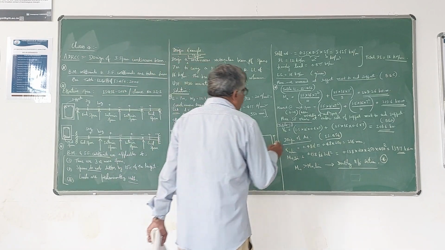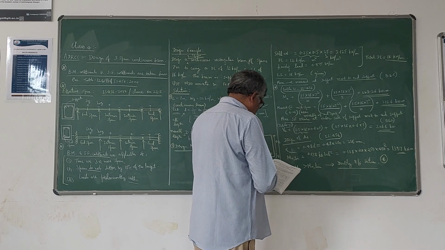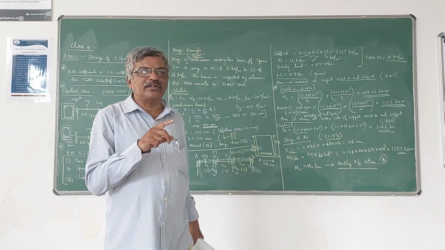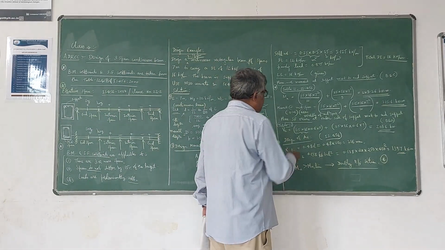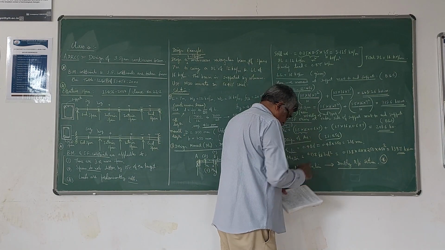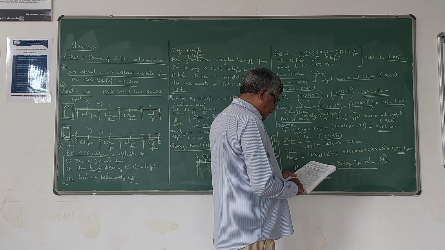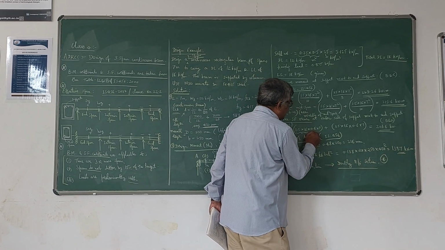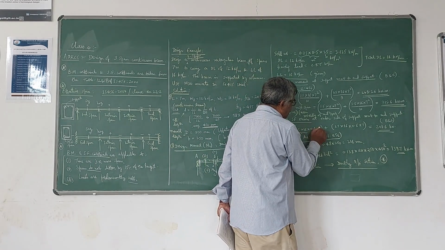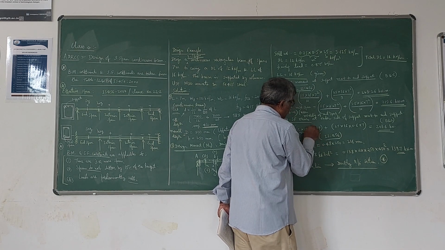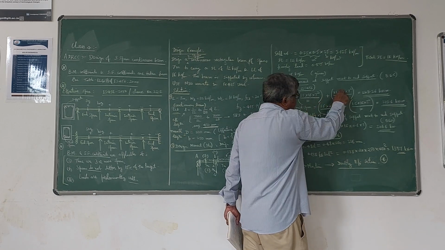So according to that, this is the factored load 1.5 into 16. You can see in table 13, once again there are two load combinations. One is dead load and imposed load fixed, and the second one is imposed load not fixed. This is for dead load and imposed load fixed. The coefficient at the support next to the end support, outer edge, is 0.6. So you can read from the table: 0.6 is the coefficient, into W, the load. So this is W into L multiplied by the coefficient; here it is WL square multiplied by the coefficient, that is 1 by 10, 1 by 9 like that.